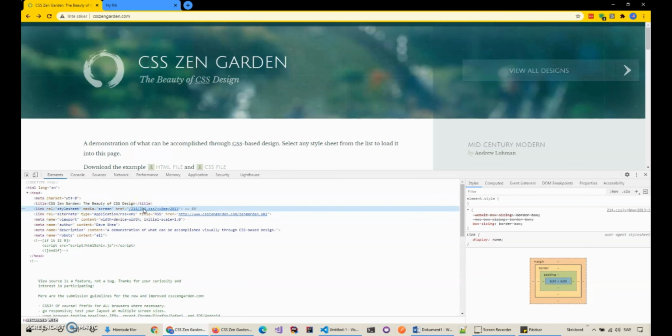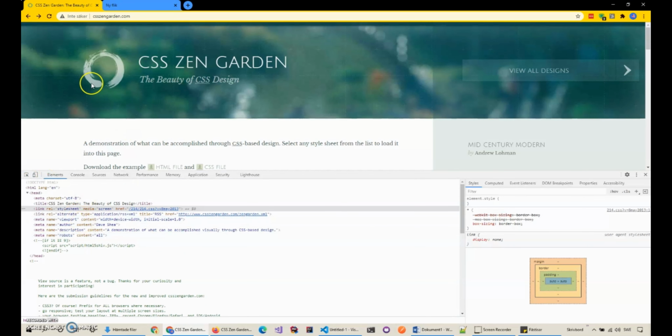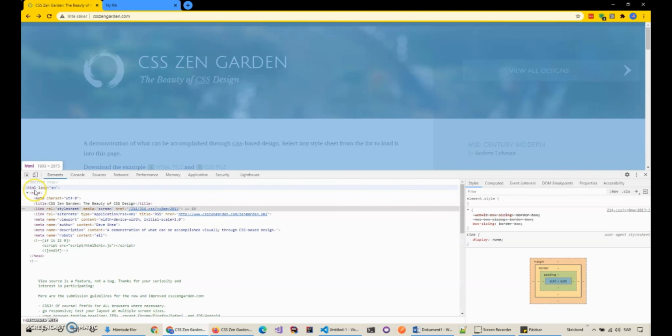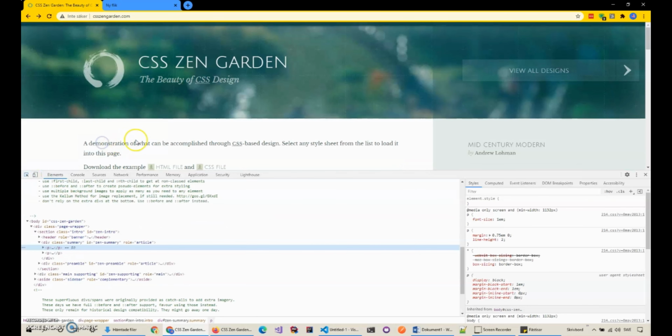So let's take a look at the CSS, and we can select a certain item to get more information using this select element. These things, these objects in the browser, are called elements. So we can choose an element here.